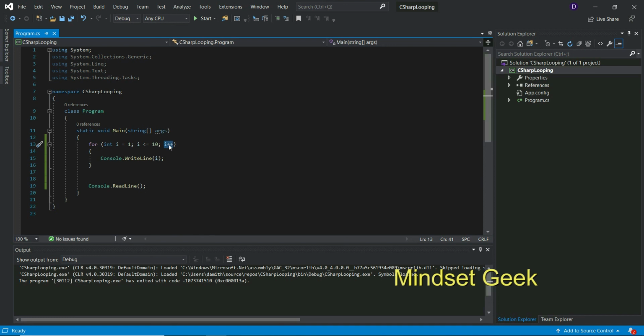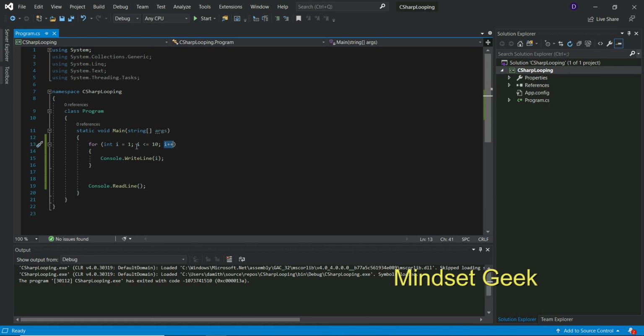Now i is 2. Then check: 2 is less than or equal to 10, true. Then execute this, and last increment by 1: 2 plus 1 is 3, like that.